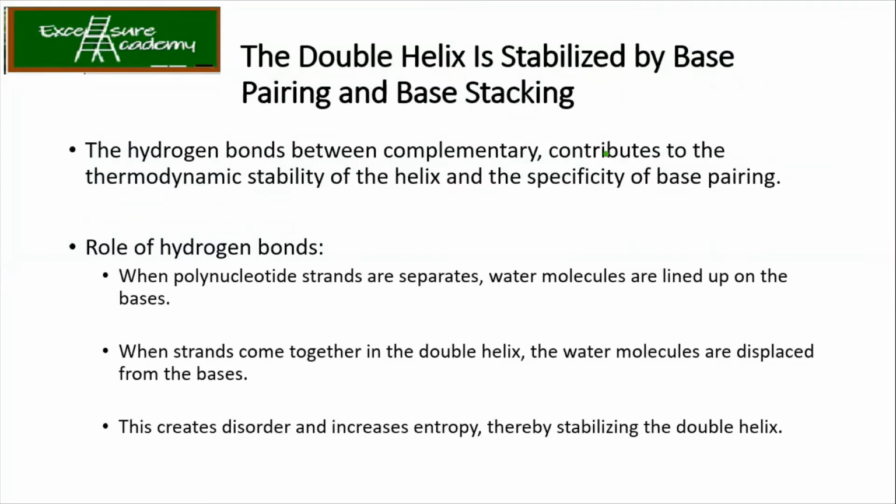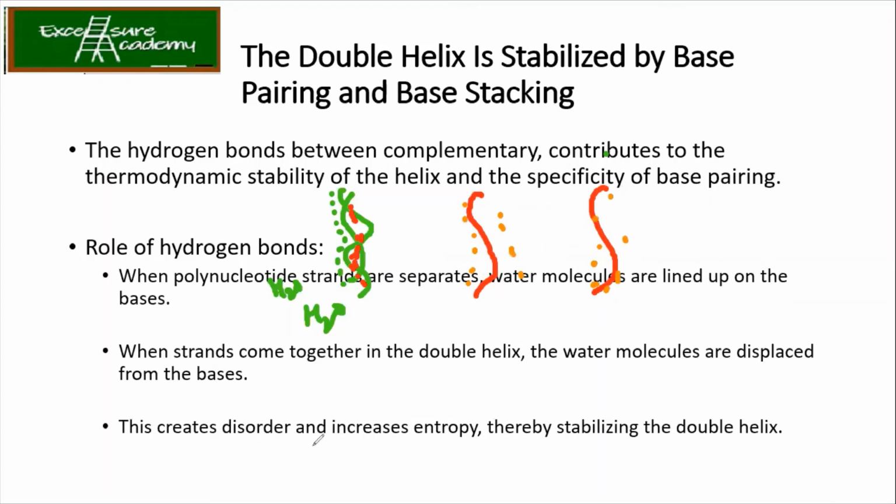Okay, so now how it is making your DNA stable is that, see, when you have got the DNA like this, we know that water molecules are present at the backbone and are making interactions, whereas this portion is hydrophobic, already mentioned. Now what happens if it is separated, and single strands are there? It will be covered totally by the water molecules. Okay, so this is what is written.